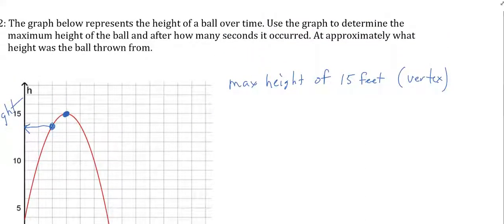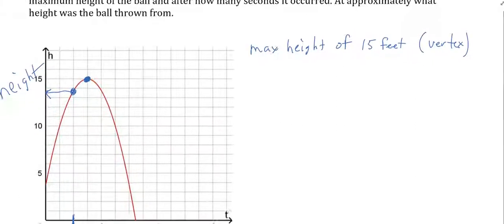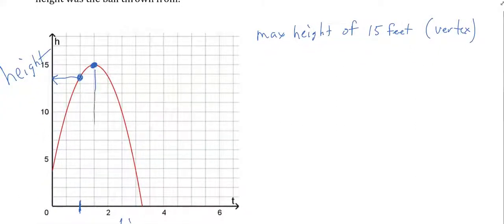Then it says, after how many seconds did the maximum height occur? So what am I going to do? I'm going to follow that down. And there it is. What is that point? Ellie? It's a little bit tricky because you got to read that scale, right? Yeah. 1.5, it occurs after